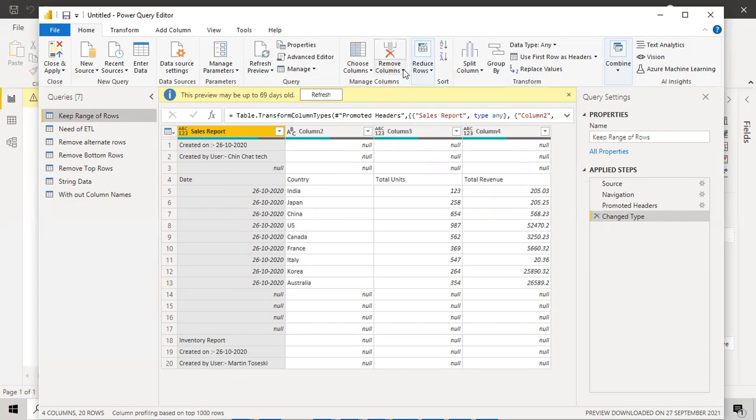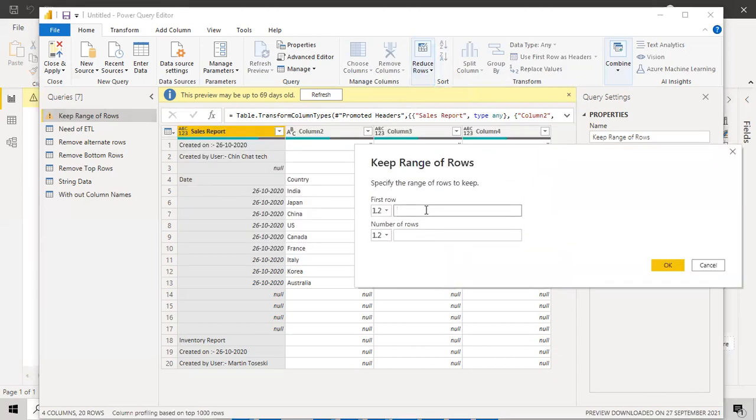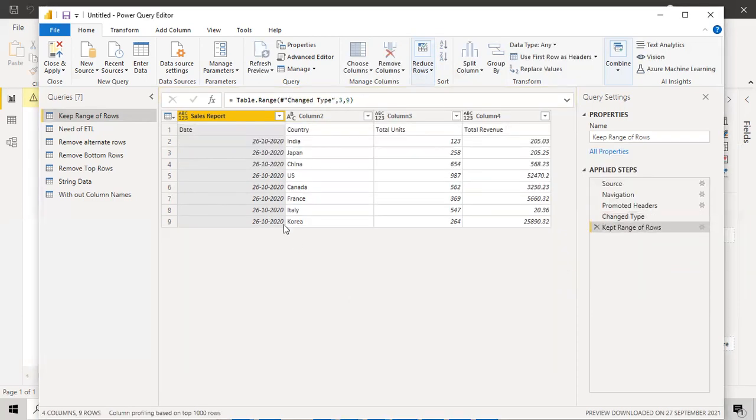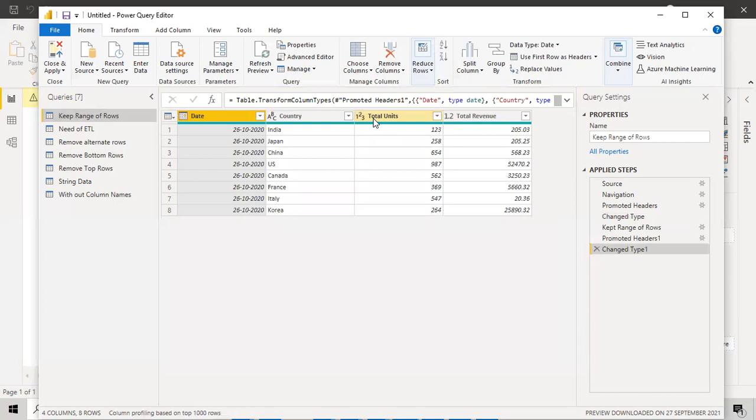So obviously go to remove rows, reduce rows, and then I want to go with keep rows and then keep range of rows. So my range of rows is from 4 to 13. Number of rows, then obviously it will be 10, probably 10 or 9. I hope so. I'm not sure. Okay, whatever. Yeah, 10. Then we'll get the data. Then afterwards you'll make it the header. So rather than removing 2 times, top data and bottom data, we'll just keep the middle data. That is how we do it.